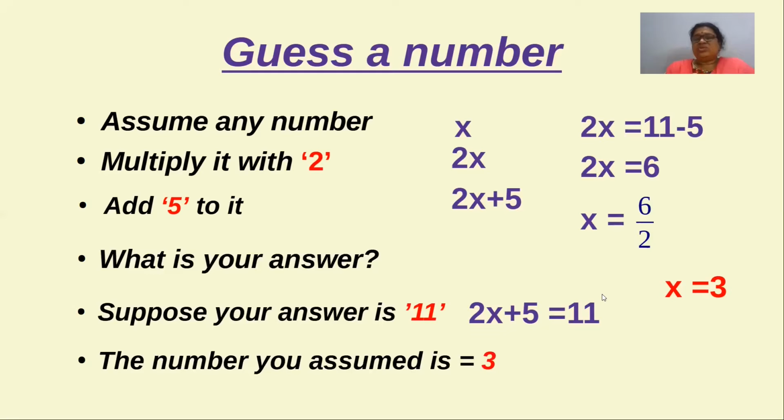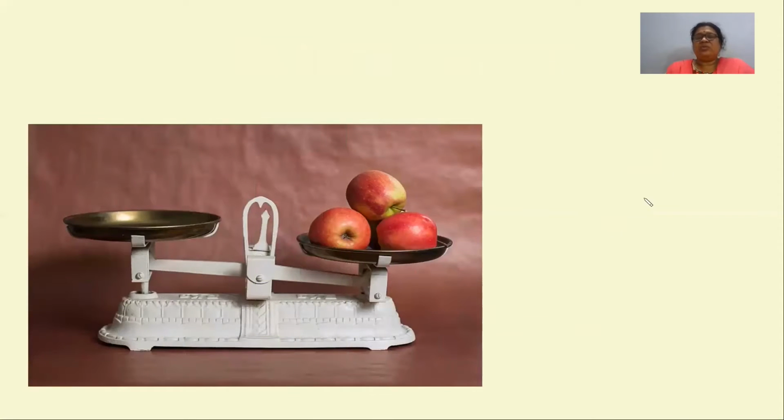So in this total process, you are observing one step. See here, in this step, there is an equality symbol. So you can call this an equation, a special name. I will tell the name now. See here what you are observing on the screen. It is nothing but a balance, a common balance.